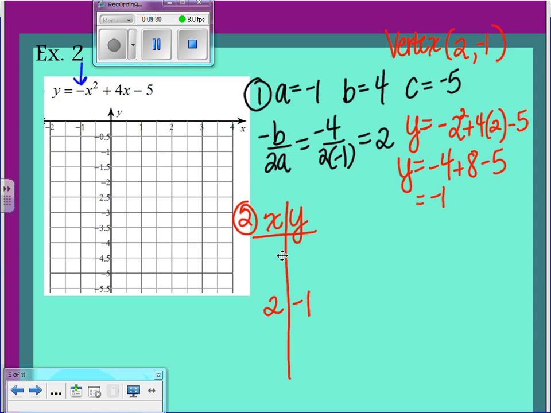And then, of course, I'm going to go a couple below it and a couple above it. So I might go 3, 4, 1, and 0, and let's go. I want to go ahead and show you a negative 1 just to show you what it will do in the equation. Now, some teachers will just have you do one side of the parabola, and then you would just mirror it over to the other side. But I typically like to do a little bit on each side so that I can make sure that I get